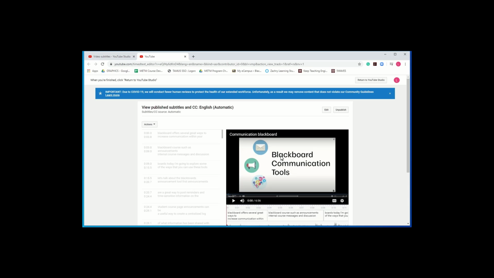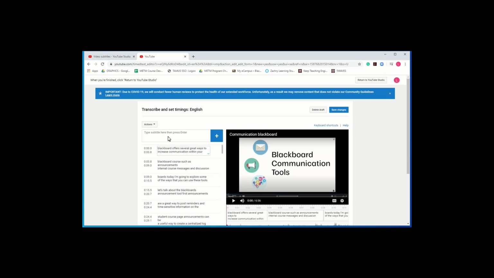You'll notice that the edit page is very similar to My Media Site. You have the caption text on the left where you can edit the text, and the caption timings below the video you can move or extend. Be sure to save the captions when you're done. YouTube will automatically update the video with your new captions.